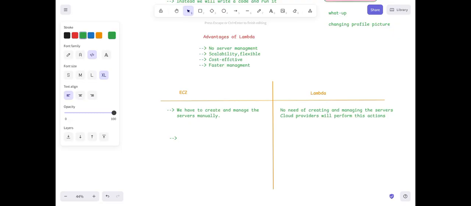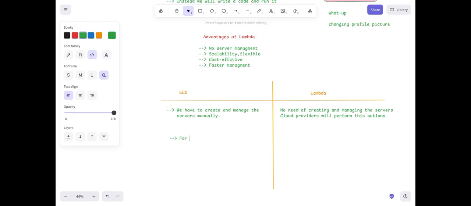And one more difference we have, that is for scaling you have to set up an auto scaling group. When you are dealing with EC2, if you want to scale up the resources automatically, then you have to use one more service called auto scaling group. By using that auto scaling group, you are going to launch the new servers automatically.